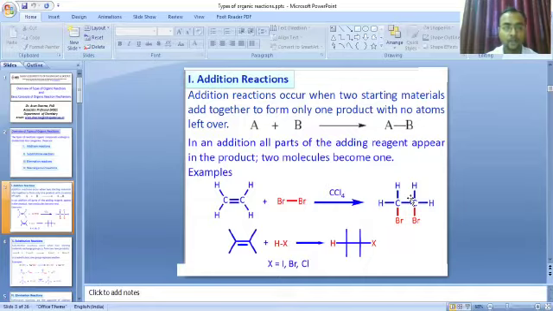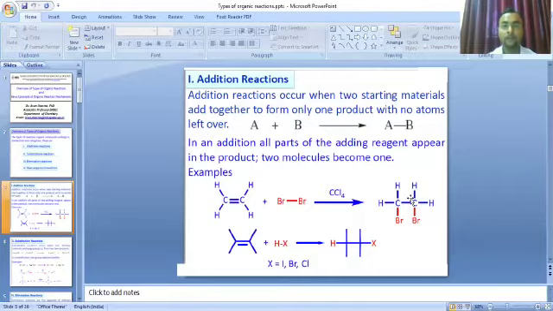Here you can also see some examples. In the first example, ethylene reacts with bromine in the presence of carbon tetrachloride to give the product 1,2-dibromoethane. In the second example, ethylene reacts with haloacids like HCl, HBr, etc. to give the saturated haloalkanes as the addition product. There are so many examples of addition reactions in organic chemistry, but the basic concept in all of these reactions always remains the same.